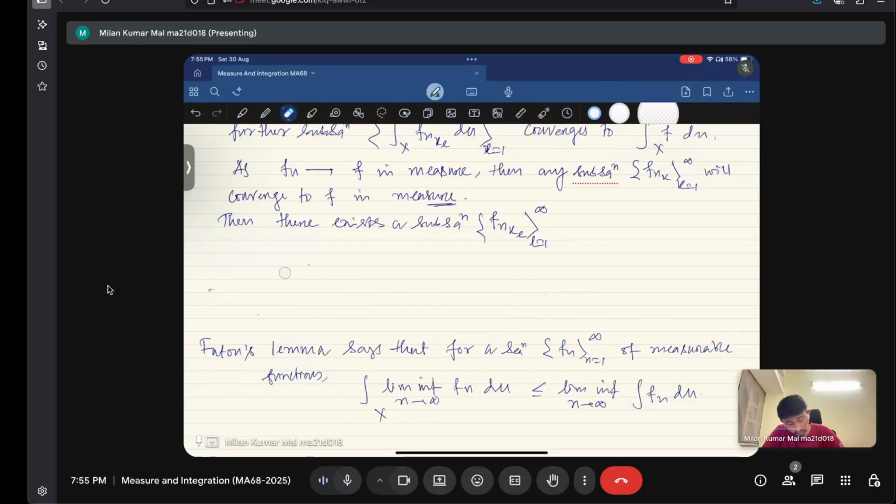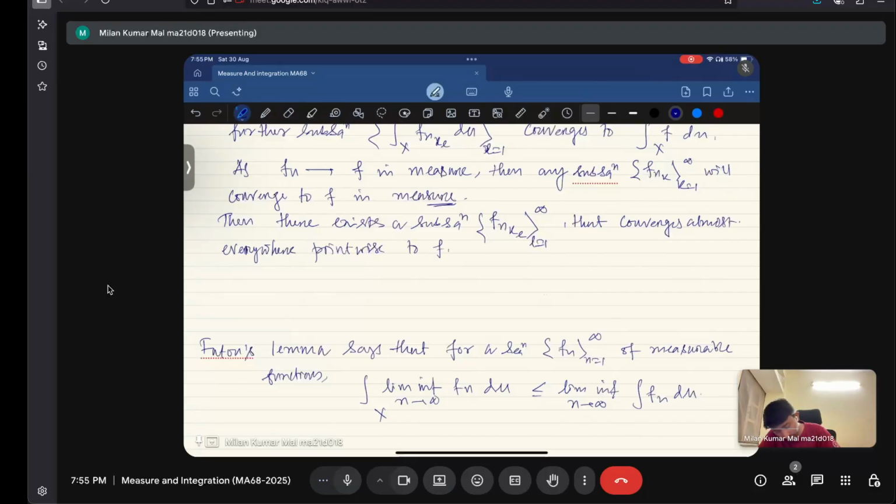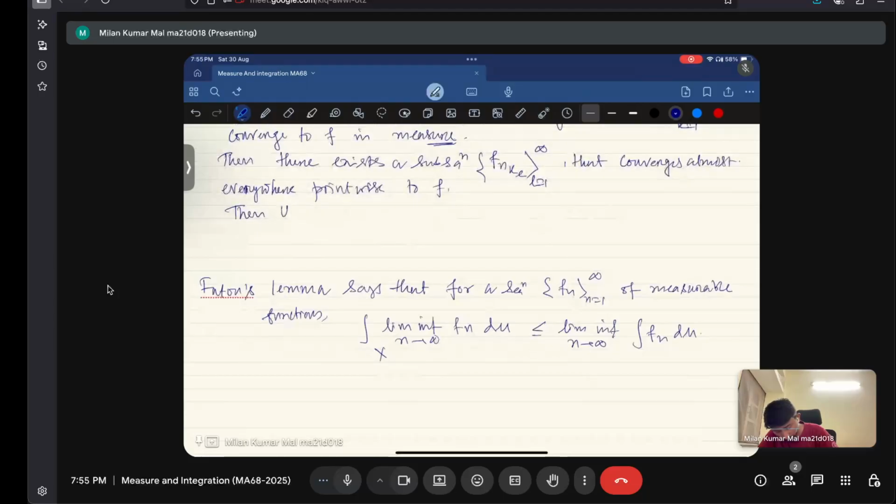That converges almost everywhere. Subsequence that converges everywhere pointwise to f. Then using DCT to the sequence, because note that here we have the uniform boundedness, g is there, and g is integrable, that is there. Now also note that